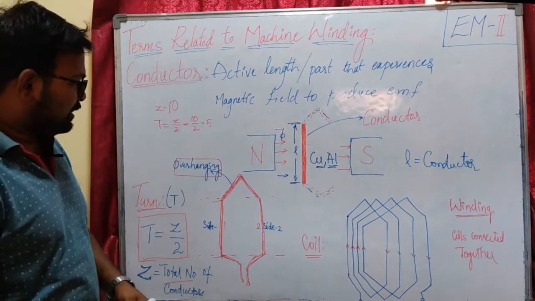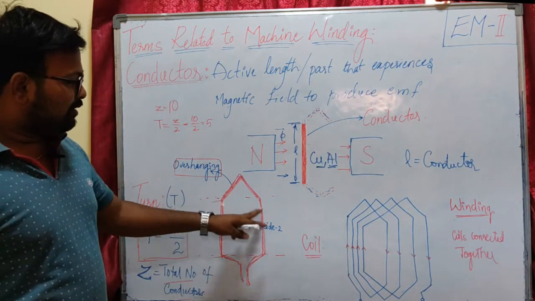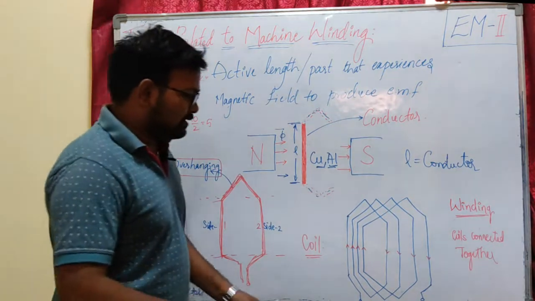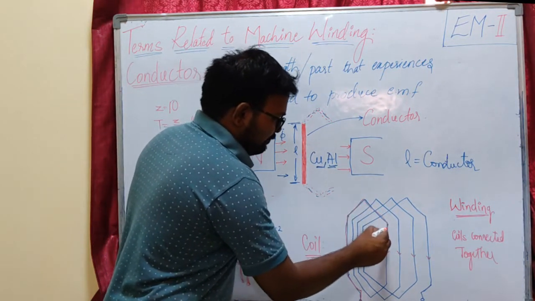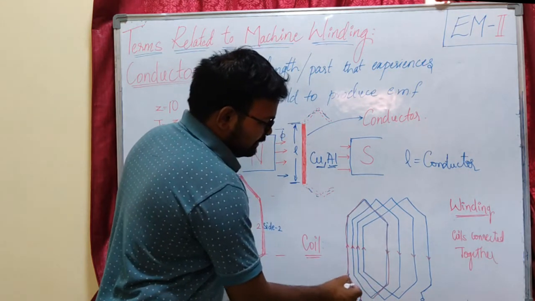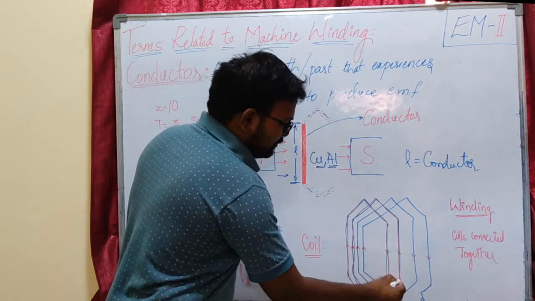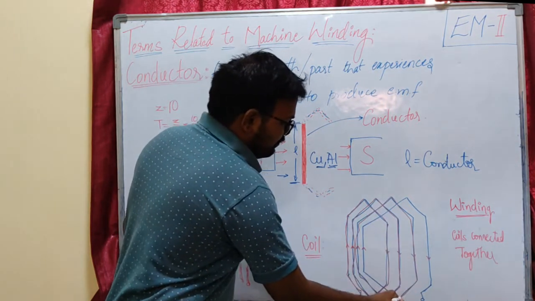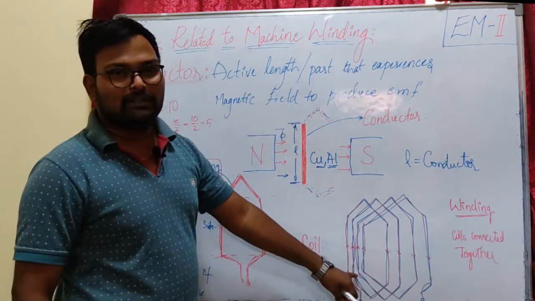Okay. Our next important term is a coil. What is a coil? If we connect a number of turns in series, that combination is called a coil. Here you can see this is a conductor that I am going to wind like this. Up to this it is one turn, and I am going to connect another turn in series with the first turn. So, this is another turn, and I connect another turn. If I go on connecting the turns in series, this combination is called a coil.